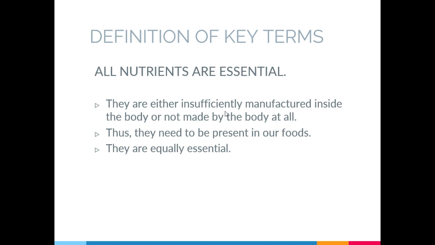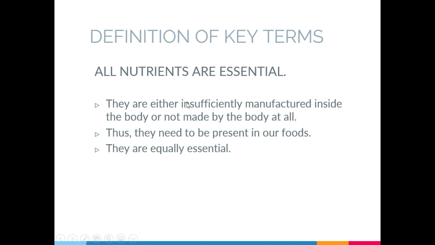sunlight bisag pa buntag, no, labi na nga pagkahuman nato mata diretso ligo, then karon nga pandemic nga naa ra ta sa atong balay, no. So inadequate ang atong sunlight exposure, so therefore inadequate pud ang atong vitamin D production. So therefore dili enough ang atong vitamin D. So therefore we need to get that lacking vitamin D from the foods that we eat. Okay? So that's why it's still considered an essential nutrient.